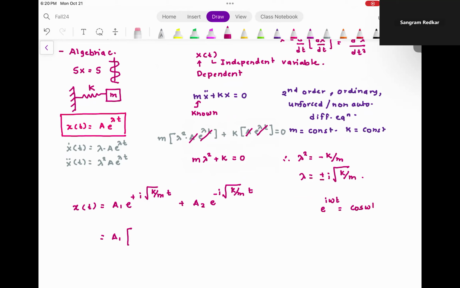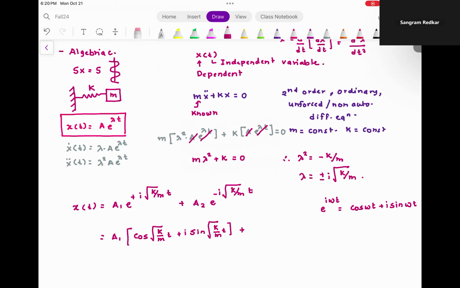Cosine omega t plus i sine omega t. Now what that means is I can write this expression, and it's extremely important, as cosine of square root of k by m t plus i sine of square root of k by m t